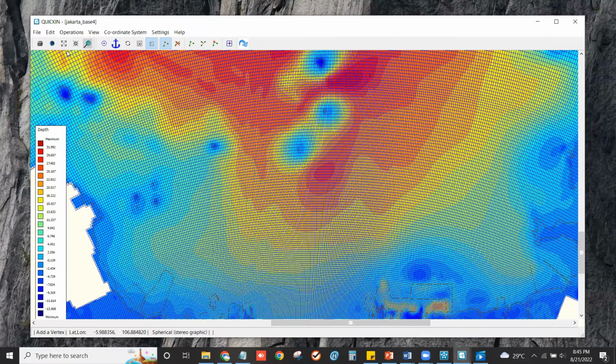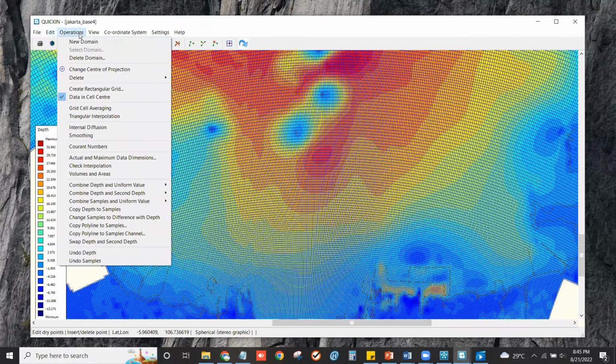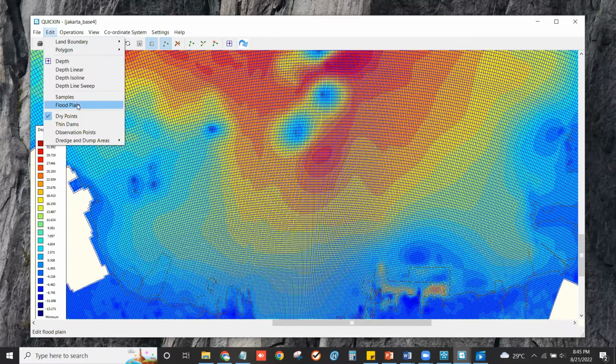The operation polygon, present polygon, edit. We can try other options: dry point, Tindem, and observation point.